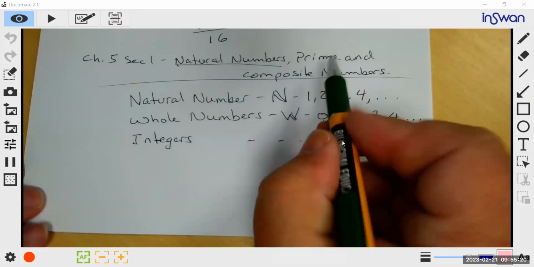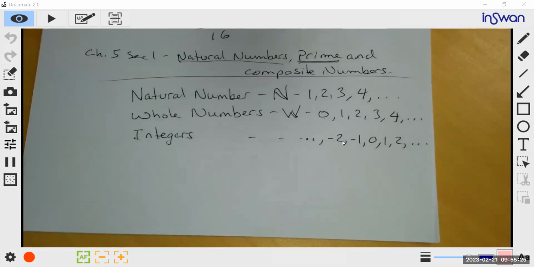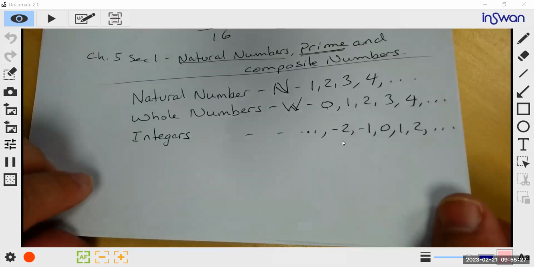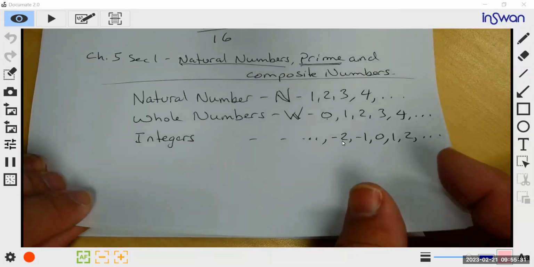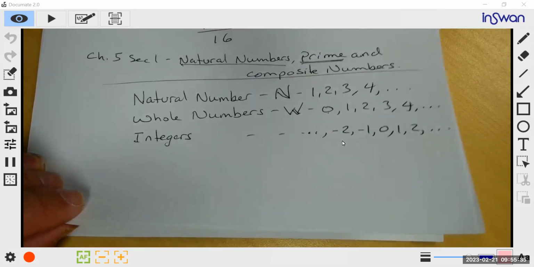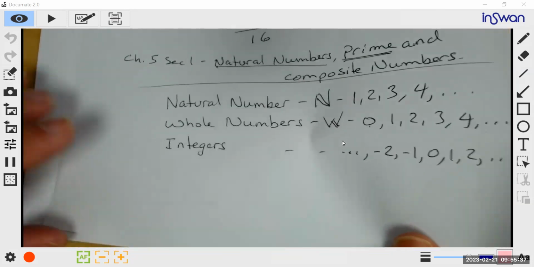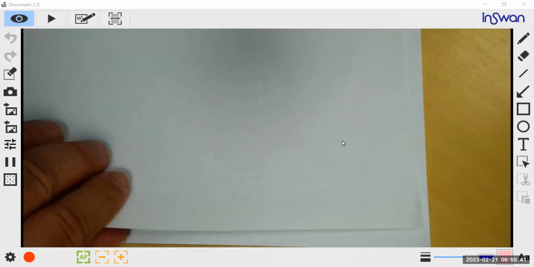Those are natural numbers. Now, what are prime numbers? What makes those prime numbers? Yes, those are prime numbers. Yes, 1, 3, 5, 7, 11, 13. But what do those all have in common? They cannot be divided by anything other than